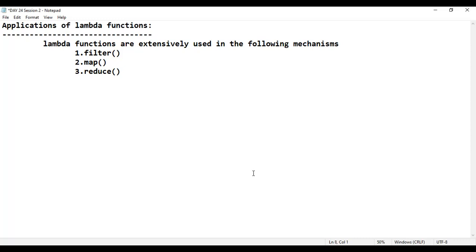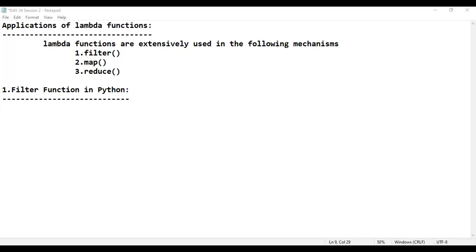Let me consider the first function, that happens to be the filter function in Python. Just keep on observing. I'll consider a simple example. Can I take a simple example? Please do respond. A pretty simple example. We'll see how many of them will tell a proper answer for this one.